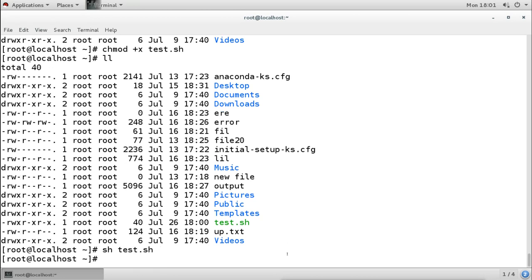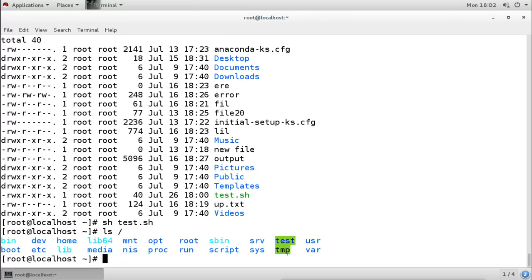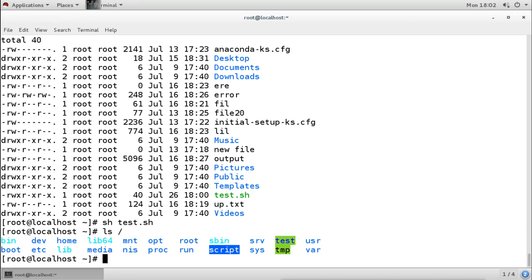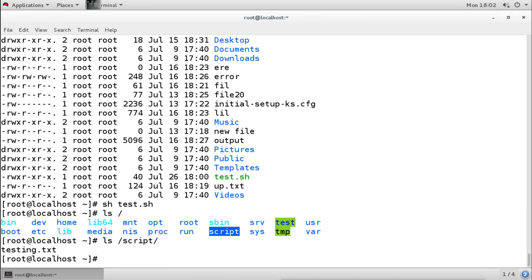Now what happened here: when I execute it, those commands are also executed. Those commands will do the job. You see here, under the slash, it has created this directory. That was our first command. The next command is to create the file, so let's check that directory. I gave two commands, to create the directory and then create the file inside the directory, and it has done so because of that script. So that is what the script does.